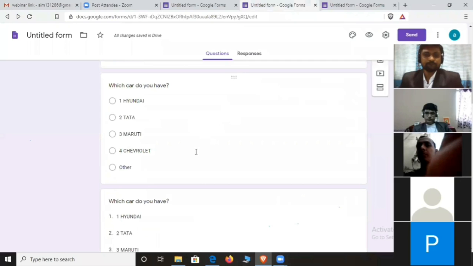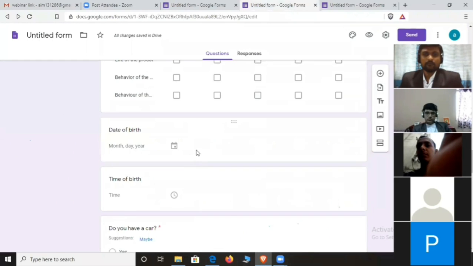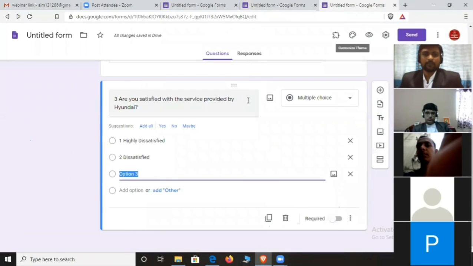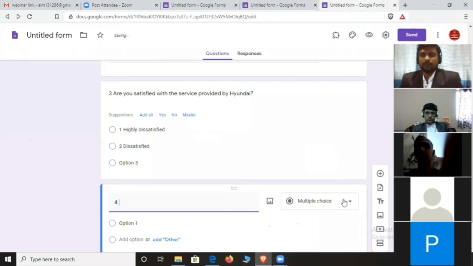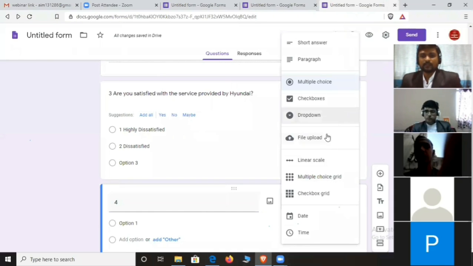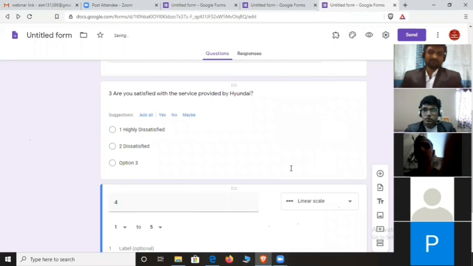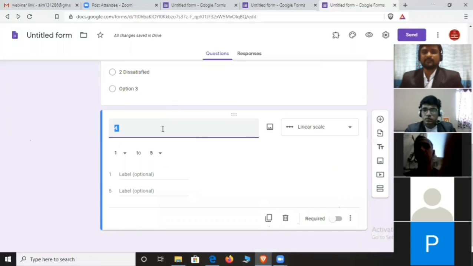after this question, we'll add another question, question number 4. Now we'll see another type, that is linear scale. Now what is the meaning of linear scale? Here, if you want to add a question like a Likert scale, then you can use this linear scale option, right?